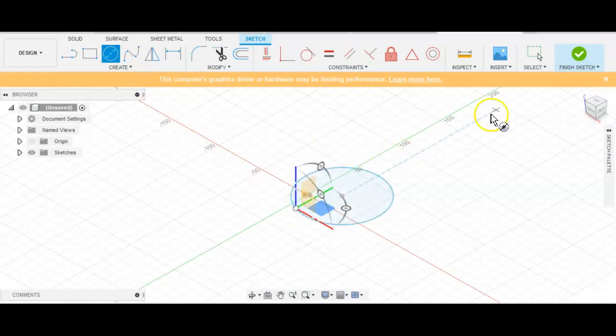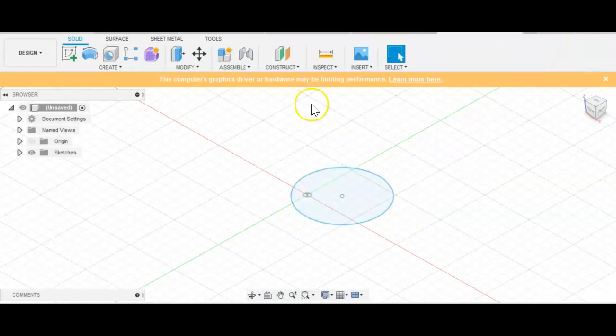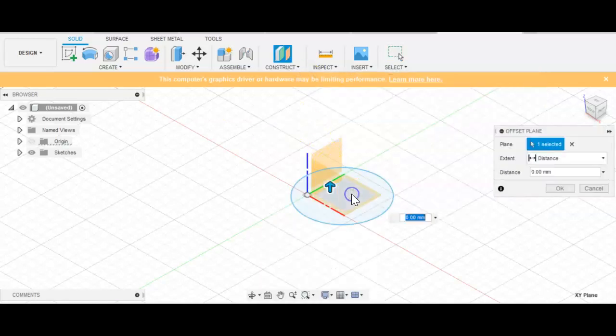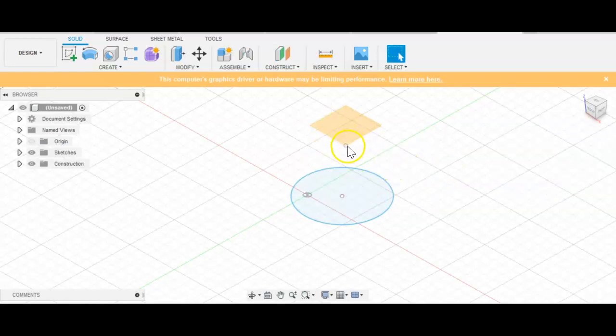I'm going to make a circle, Finish Sketch. From here, you are going to offset this plane, go up, click OK,